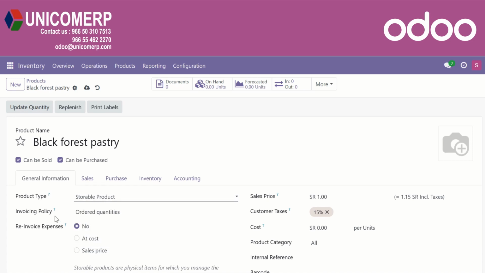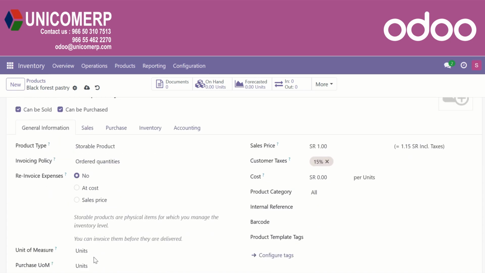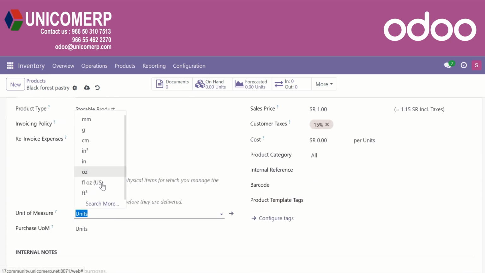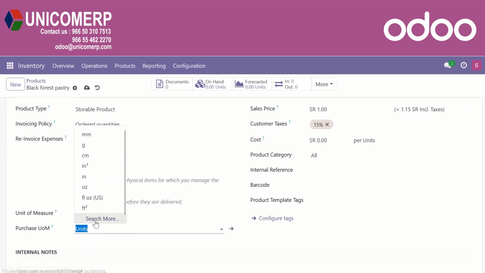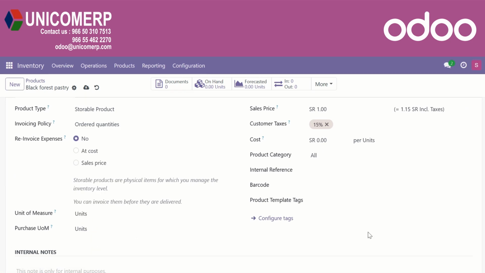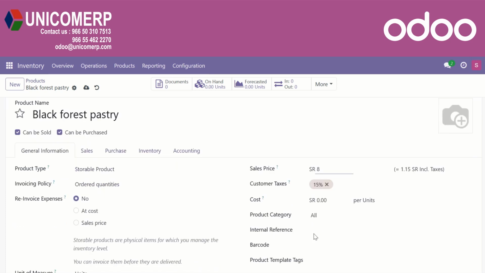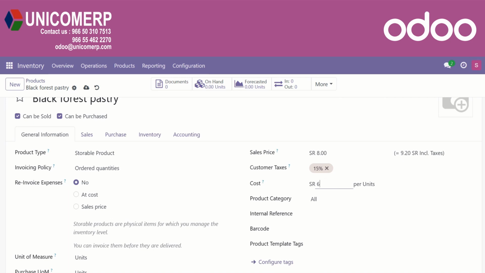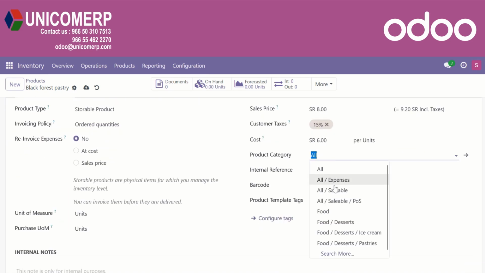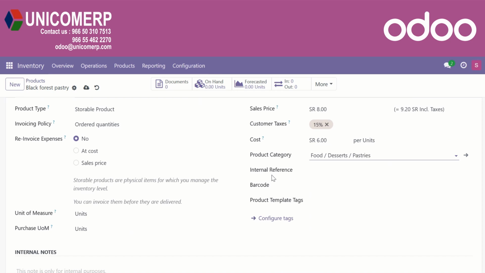Under Invoicing Policy, you can select whether to invoice the product based on ordered quantity or delivered quantity. Using the Re-invoice Expense option, we can re-invoice expense or vendor bills at cost or sales price. Enter the unit of measure and purchase unit of measure in the next fields. Enter the sales price, customer taxes, cost, product category, internal reference, barcode and product reference tags from the General Information